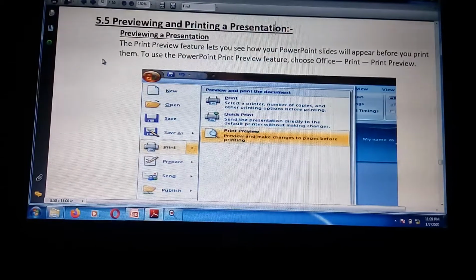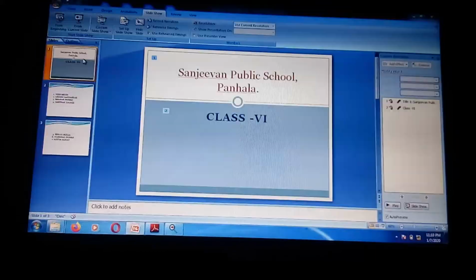Print preview allows us to see how our presentation slides will look before we print it. So if any changes or mistakes are there, we can rectify them before printing it. Now I will show it to you practically.